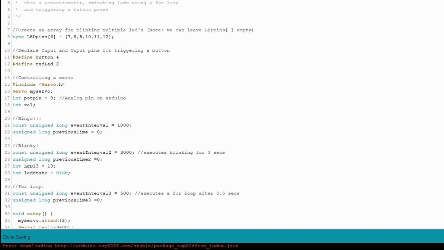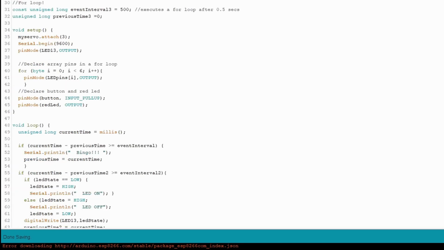For the blinky sketch, we've set it to execute after 3 seconds. We've declared two variables. The LED 13 corresponds to pin 13 on the Arduino Nano, and an LED state variable which initially we set to high. We set LED 13 as an output,